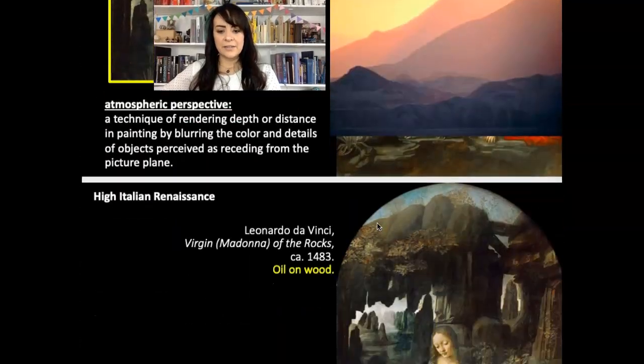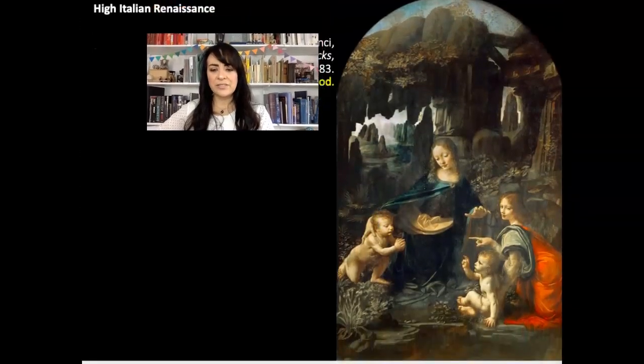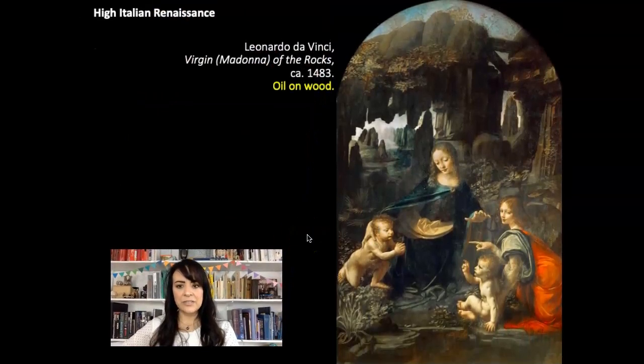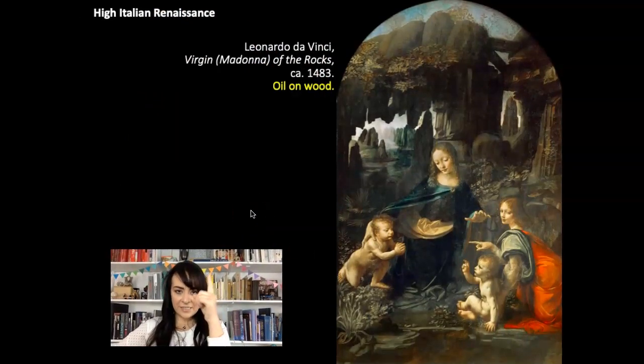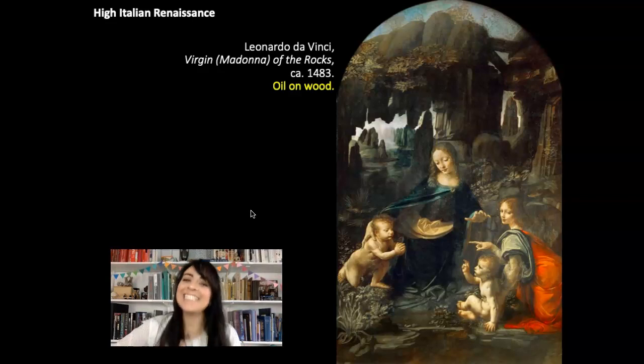Let's go back here. Now, I typically don't emphasize the materials unless it's important, and I've emphasized it here. I've highlighted it. This is painted oil on wood. So it's a wood panel, and then the paint is oil paint. This is something that I want to call to your attention, because oil paint was not widely used in the Renaissance until Leonardo. Well, I should say, it was not widely used in the Italian Renaissance until Leonardo.